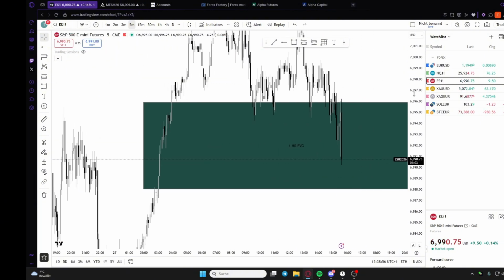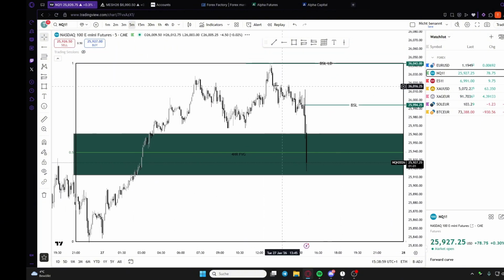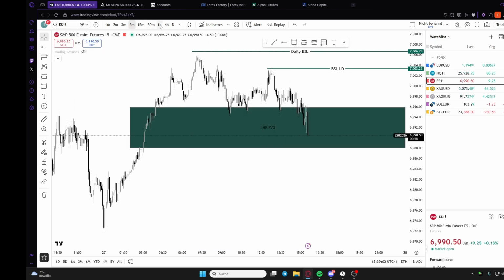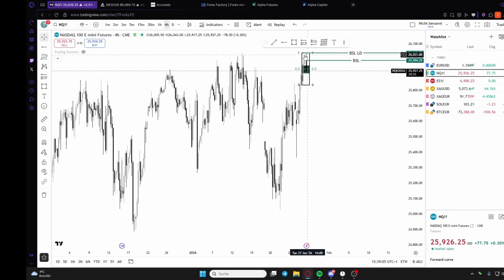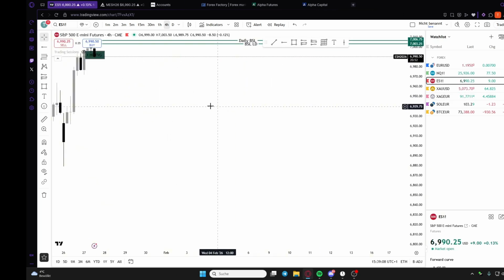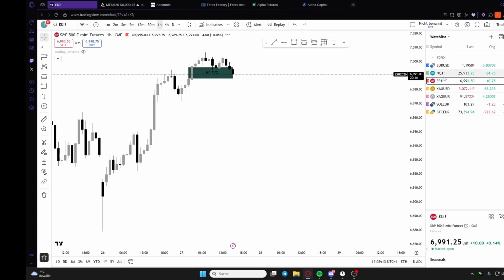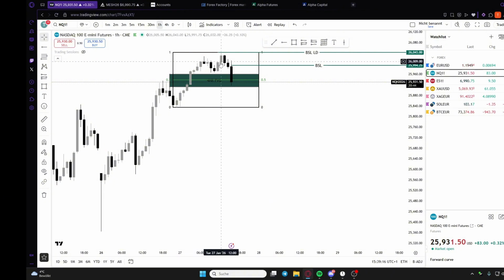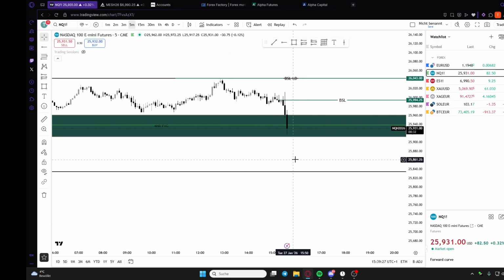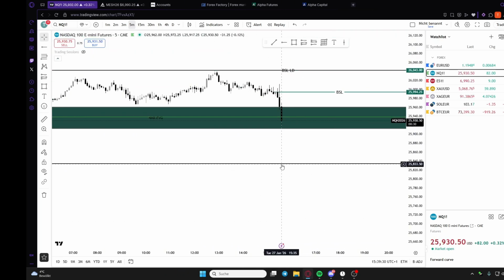On ES, pretty much the same thing. We get a big retracement because we have this big SMT right here. I think it's a 4-hour SMT. Yeah, it's a 4-hour SMT. That's why we get a good retracement into our gaps. On this one we have the 1 hour, but I'd rather go on a 4-hour gap than on a 1-hour gap, and the trend is a little bit cleaner here. We might break structure on a 1 hour, but it's not that deep because we pull in a 4-hour gap, so I'm fine with that. If we get our reversal in like 10 to 15 minutes, this would be good. So yeah, let's wait. See you then.